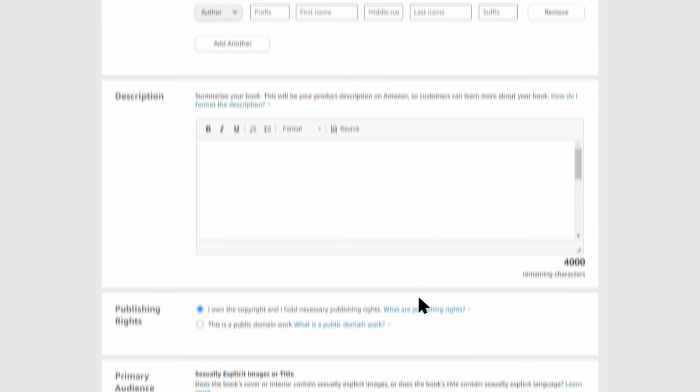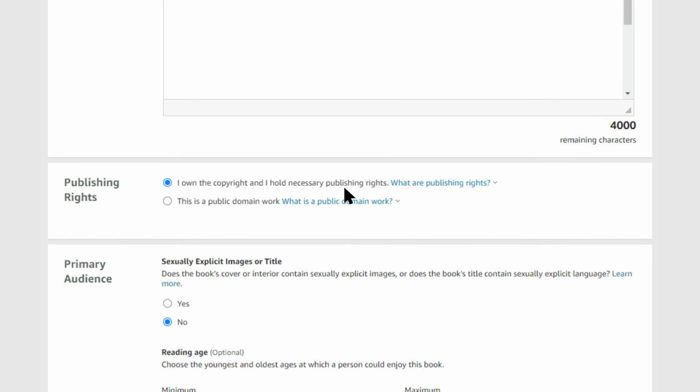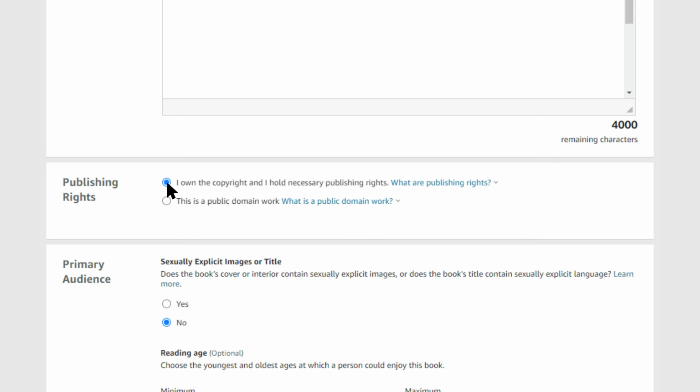Every time you publish a book on Amazon KDP, you go through a process. And somewhere in that process, there is a line that says, I own the copyright and I hold the necessary publishing rights. You click it and you move on. Most people don't think twice about it, but that click is a legal statement. You are certifying to Amazon that the words, the cover images, any translated content, basically everything in that book belongs to you and you have the right to sell it.